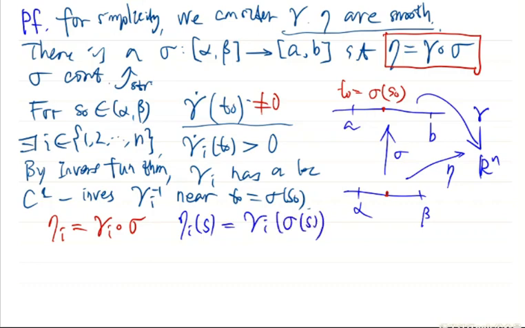These are equivalent. We apply the inverse to both sides: gamma_i inverse applied to gamma_i gives the identity, so the right-hand side is sigma of s. So we deduce that sigma of s